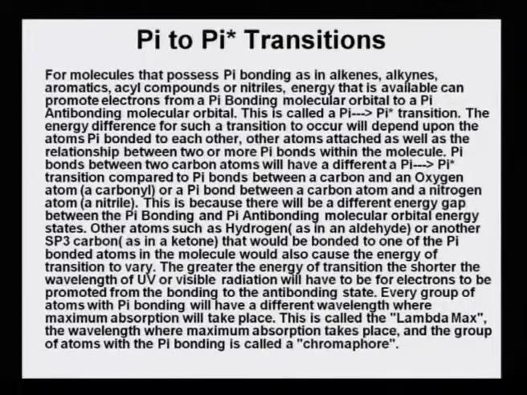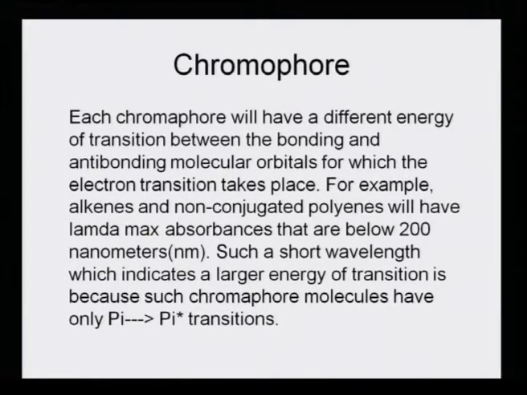The group of atoms with pi bonding is called the chromophore, or the functional group part, or the most sensitive part of the molecule which causes these electronic excitations. So, let us look at the definition of chromophore. Each chromophore will have a different energy of transition between the bonding and the anti-bonding molecular orbitals for which the electron transition takes place. For example, alkenes and non-conjugated polyenes will have